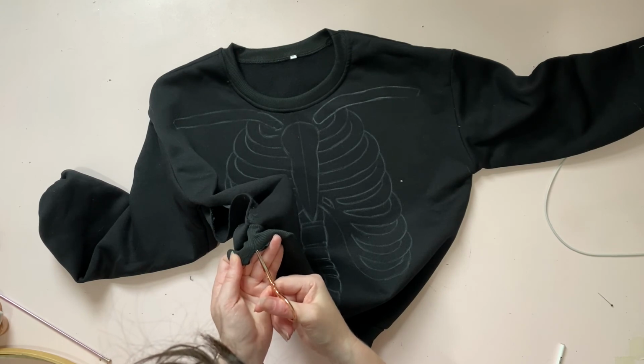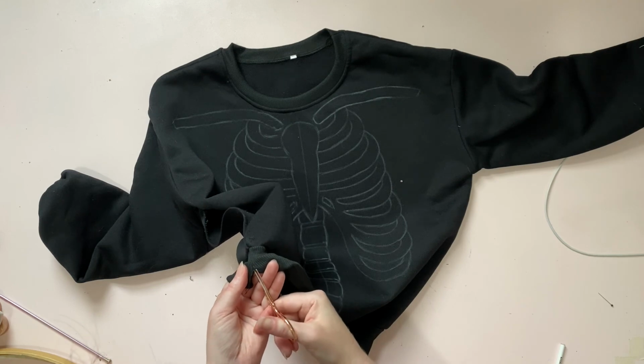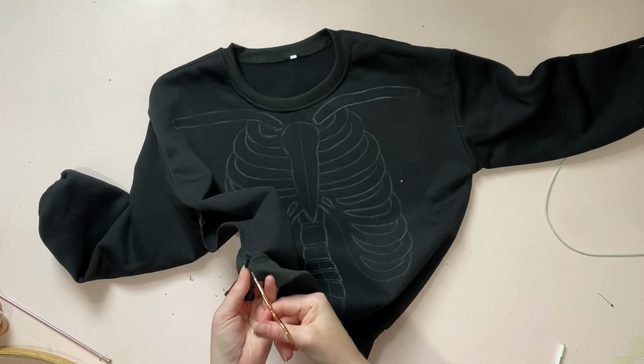I don't use a seam ripper because I find that they end up tearing holes in everything. So I just use